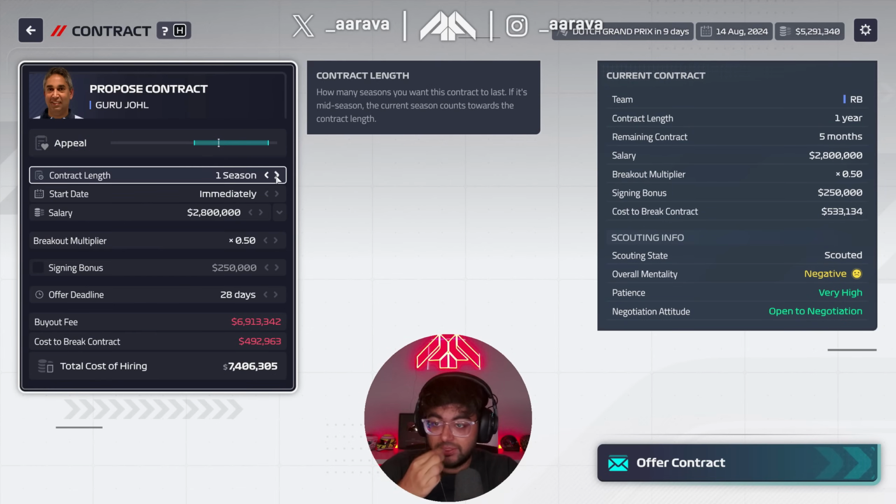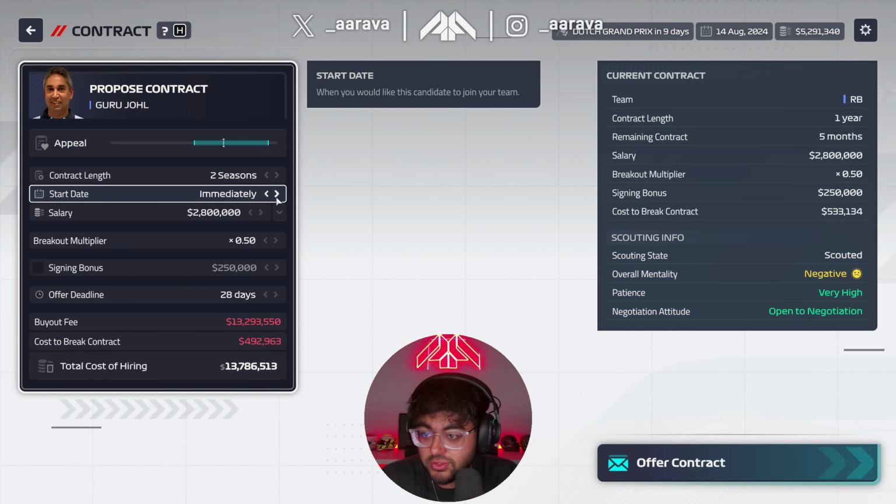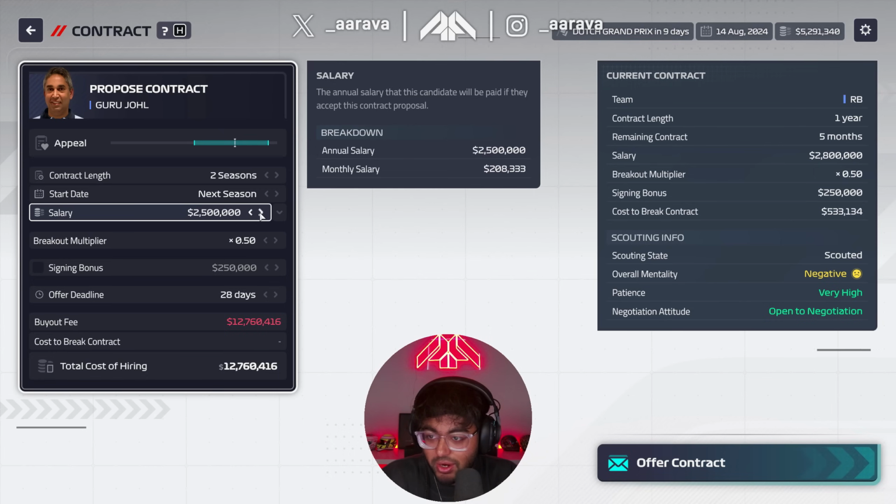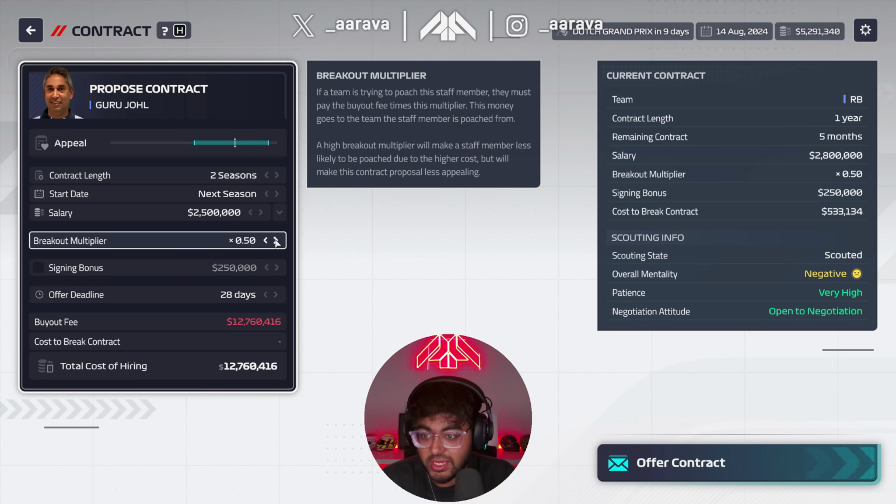Let's get him. All right, 2-season contract, mate. 2 seasons. For next season, you can start, obviously. Your salary's a bit high, though, brother. Can I bring you down to that? Because that's what we were paying our previous guy, obviously. Breakout multiplier. What is that? Oh, okay. In terms of the...